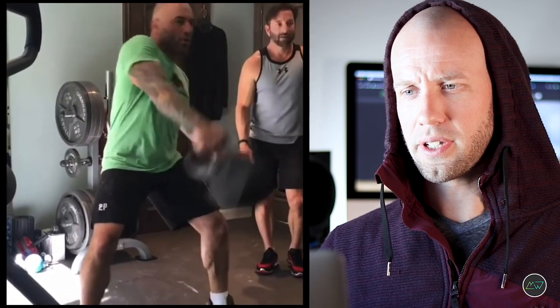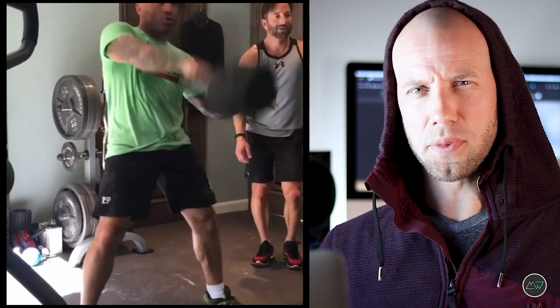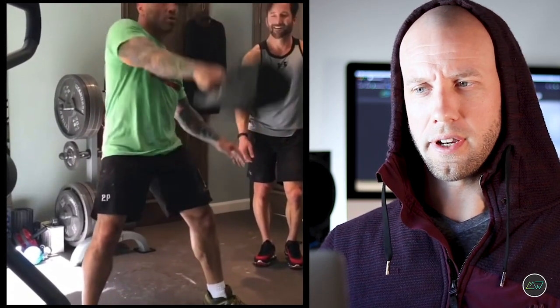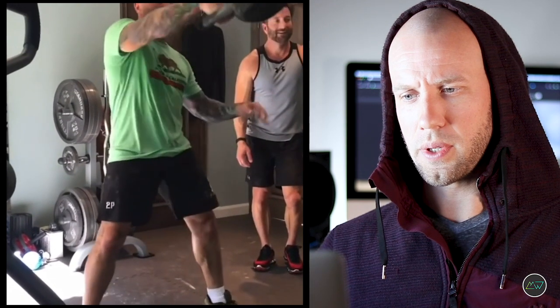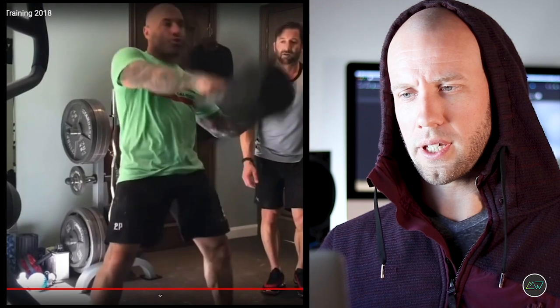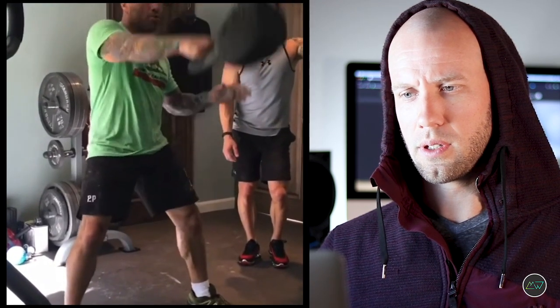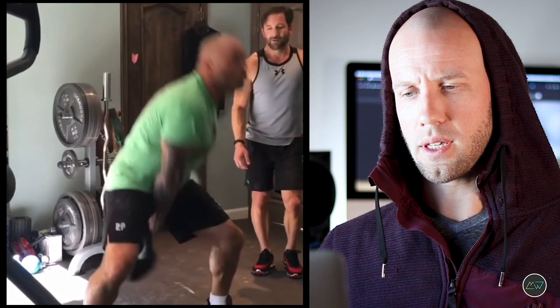Last exercise we're doing is a kettlebell swing. Something looks a little bit off here. I know Joe's using a heavy weight again. I'm going to rewind just a little bit. And as I'm observing him going through this movement, his form looks good,